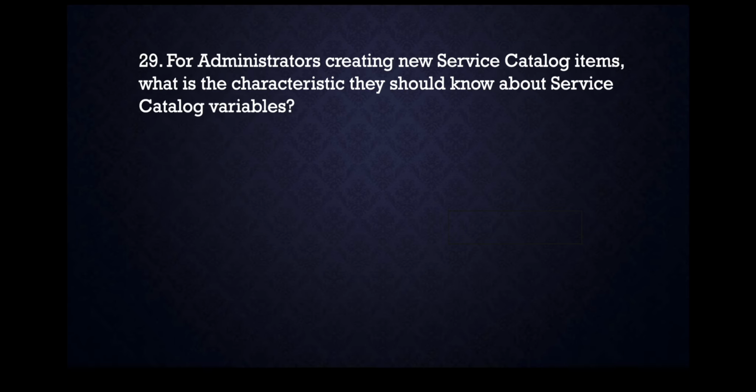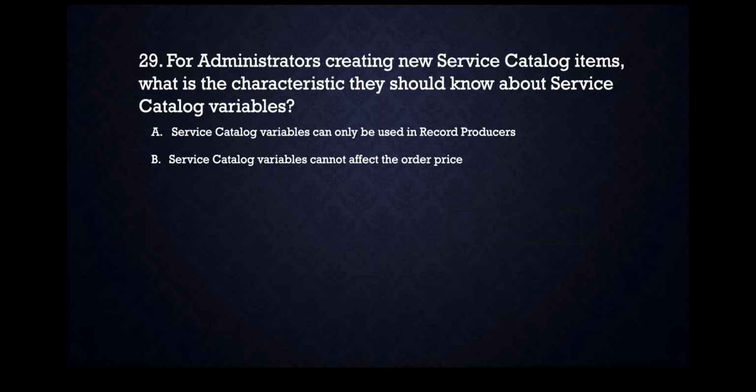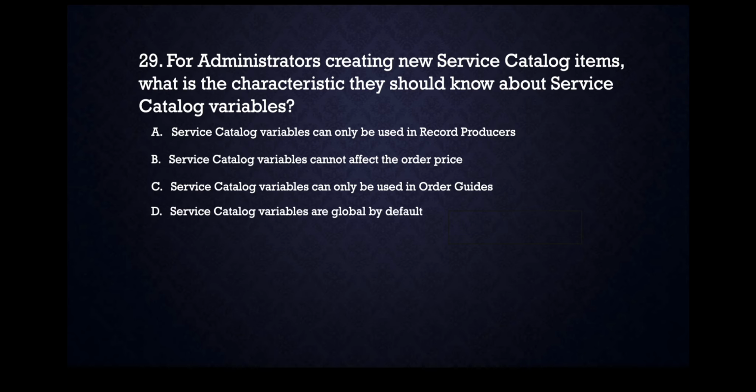For administrators creating new service catalog items, what is the characteristic they should know about service catalog variables? Options: service catalog variables can only be used in record producers. Service catalog variables cannot affect the order price. Service catalog variables can only be used in order guides. Service catalog variables are global by default. So the answer is service catalog variables are global by default. The next question is,